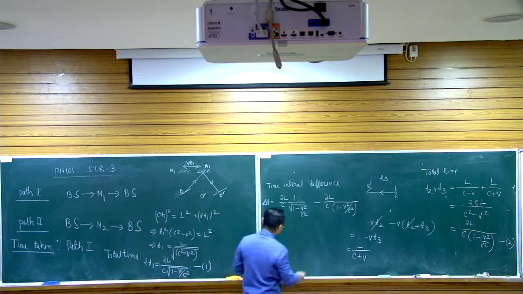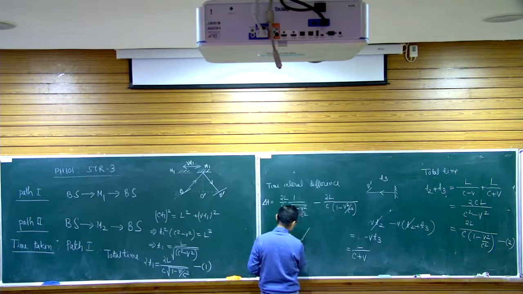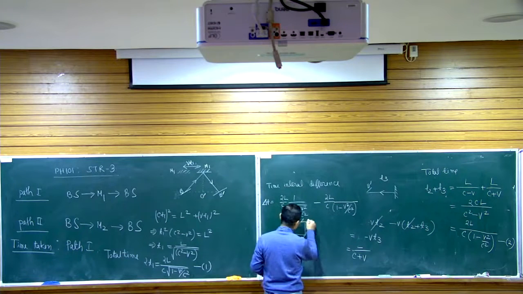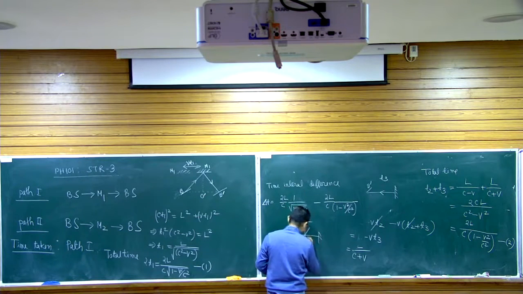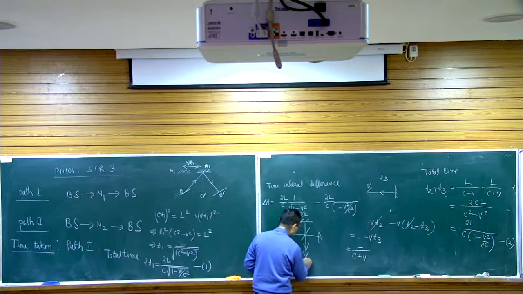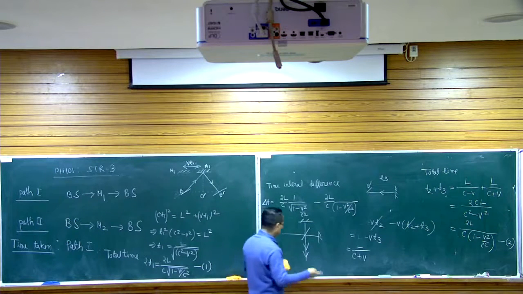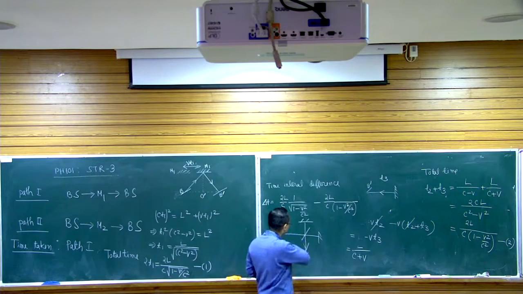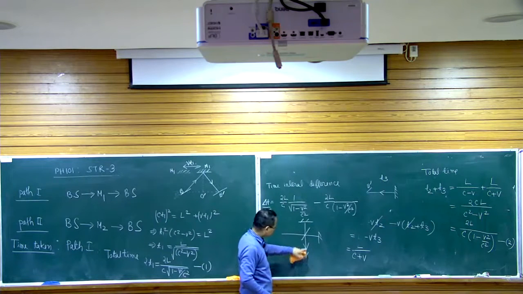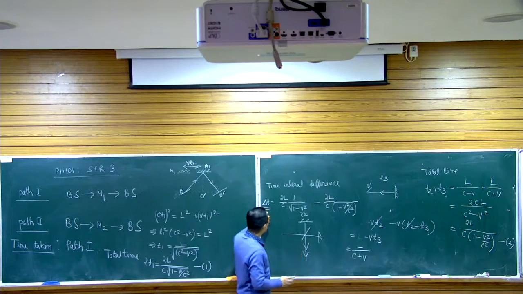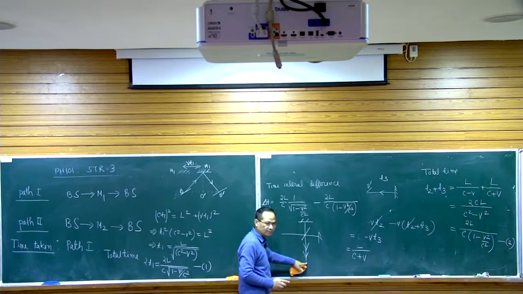And this delta t is nothing but, if we look at the Michelson setup again, eventually there will be these two beams which will be superimposing and giving an interference pattern. Whether you will be getting interference maximum or something in between depends on the value of delta t. If delta t is 0, then the two waves will be meeting with equal phase and there will be a maximum signal. But if delta t is other than 0, then you will get a different signal.